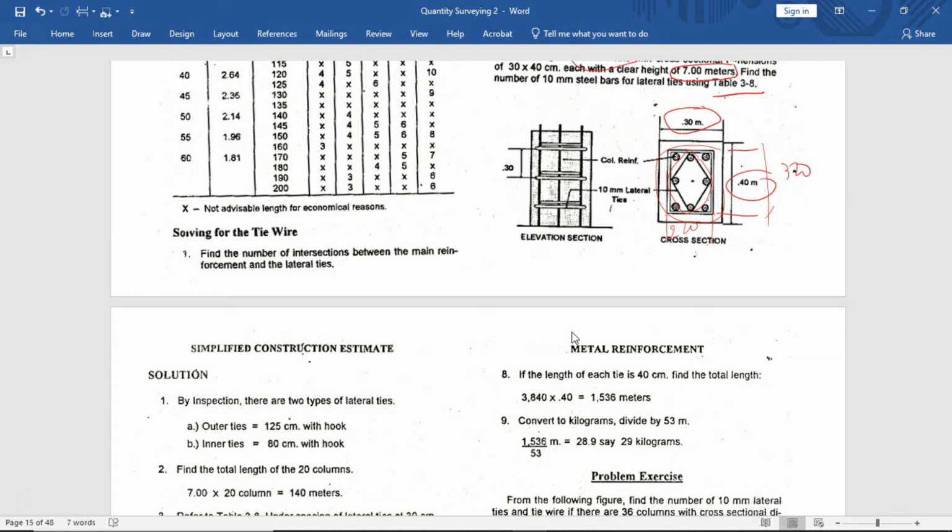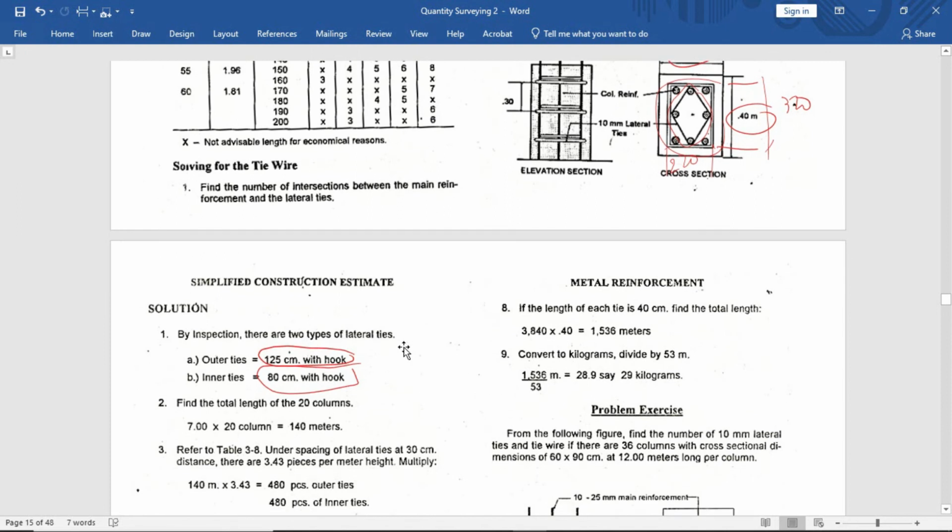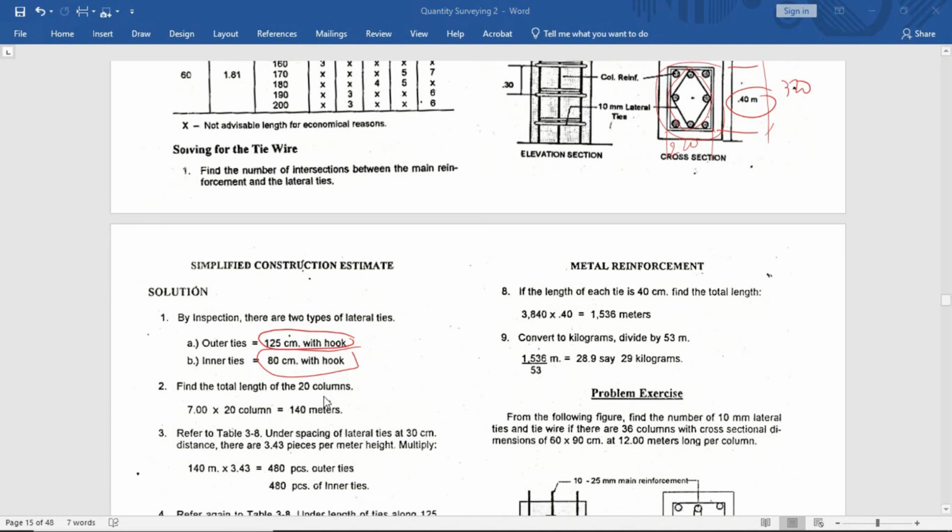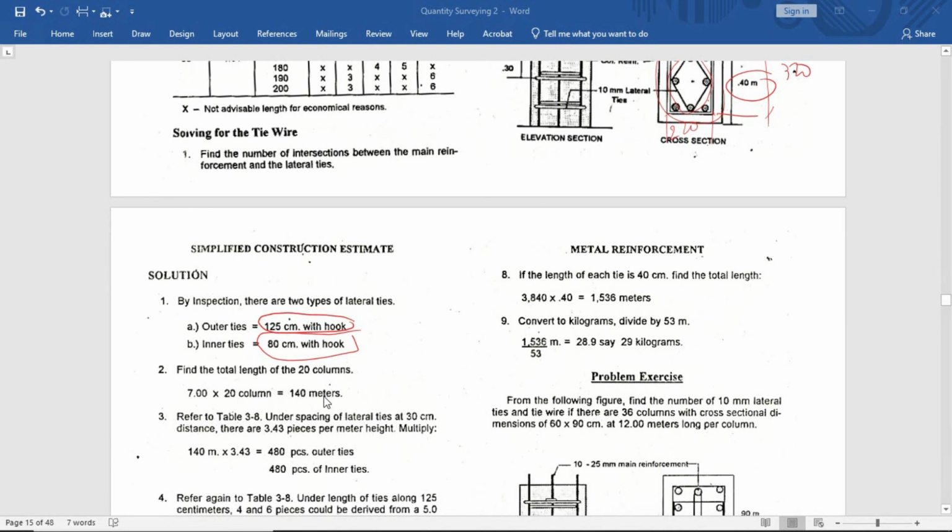So, meron tayong approximately 125 centimeters na length with hook for outer ties. Para naman sa inner ties, by inspection, meron tayong 80 centimeters. So, first, we find the total